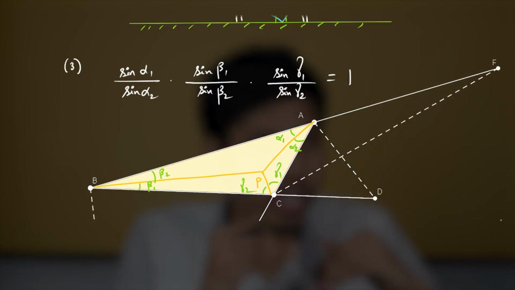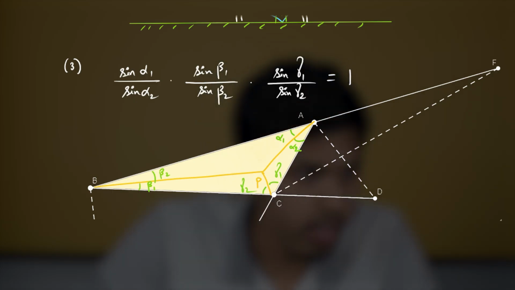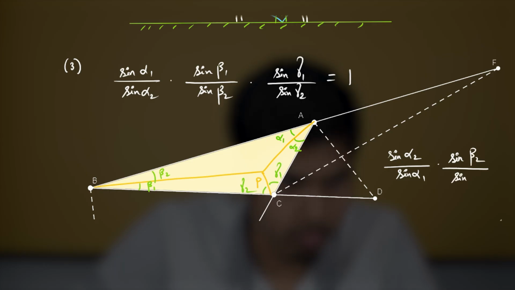Now, if you just take the reciprocal of each of these ratios, then you will obtain sin alpha 2 by sin alpha 1 times sin beta 2 by sin beta 1 times sin gamma 2 by sin gamma 1